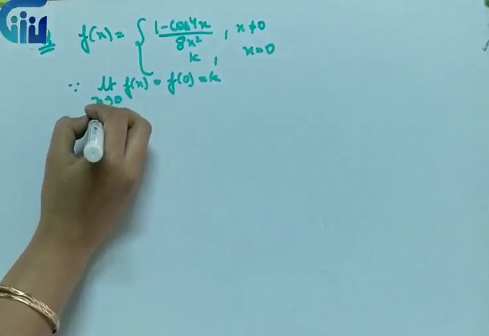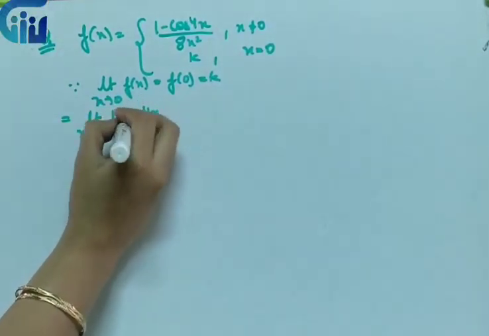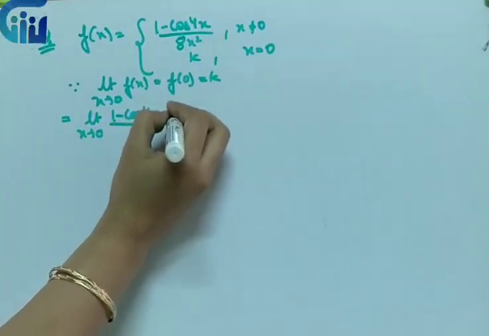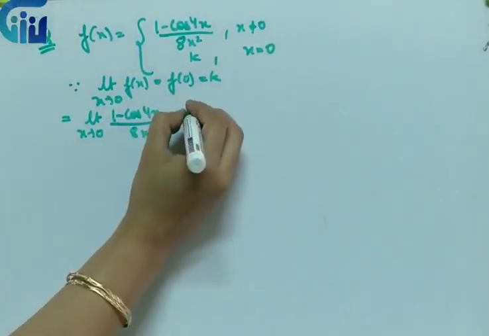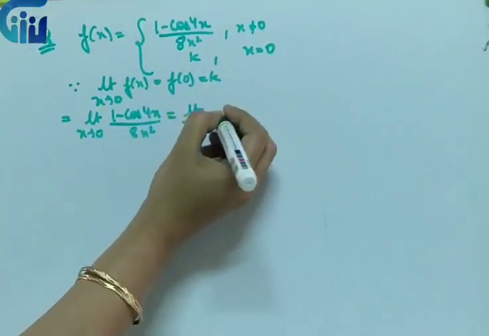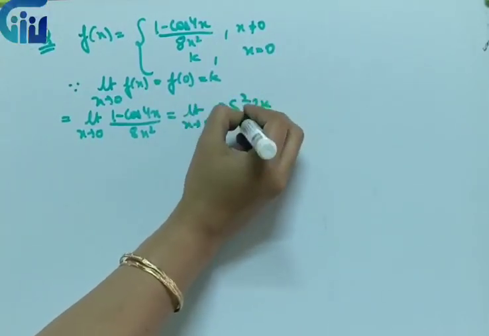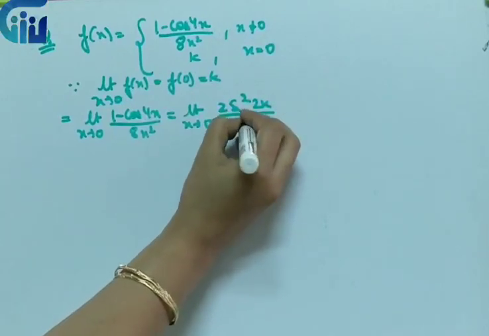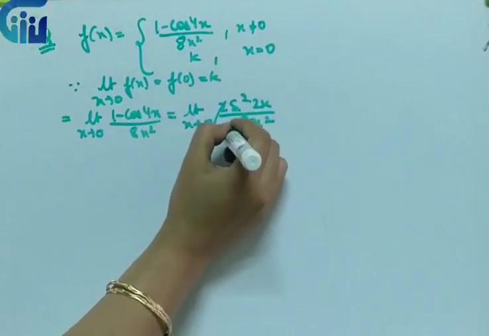The only basic task is to solve the limit, that is (1 minus cos 4x) upon 8x square. Just try to recall all the techniques that we have learnt in class 11. Whenever we see the type 1 minus cos 4x, we have to apply the formula 2 sin square 2x upon 8x square. Now, sin square 2x means the square of the angle as well. So what do I need? I need 4x square in the denominator. So I'll just cut it over here.